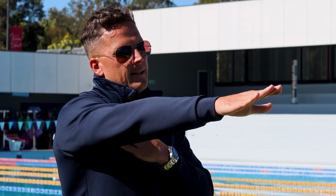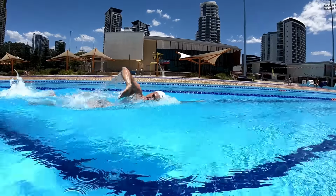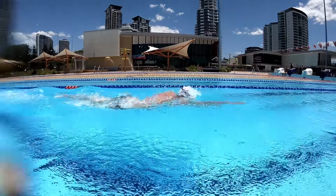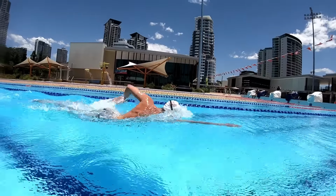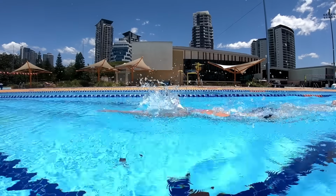So when you're setting up your catch, the very basic is, again, your hand in line with your shoulder, and fingertips, we're talking about freestyle, fingertips pointing to the bottom of the pool, because you're getting maximal force going backwards. As soon as you start to move your hand out of the way or swivel out of the way, then you're letting go of that water. Then looking at the top catch, you're looking at a second press using your forearm for that end of the stroke. You really want to feel like you're pushing to your ankles,